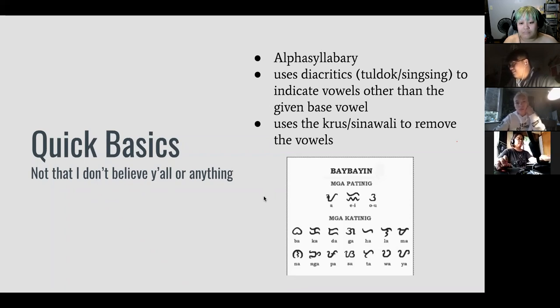I can't fully remember. But yeah, it never developed into a cursive script, mainly because one, it arrived so early, pretty close to